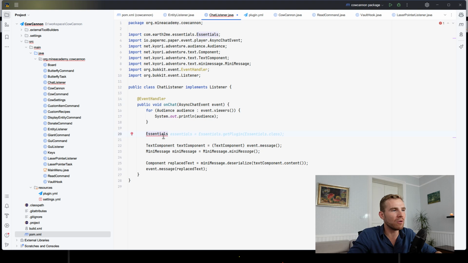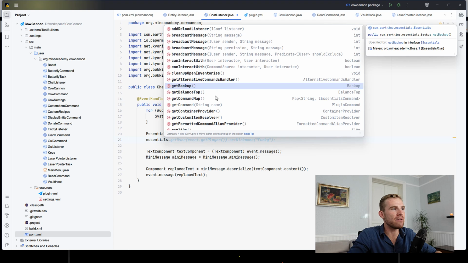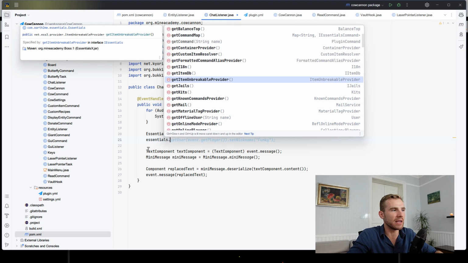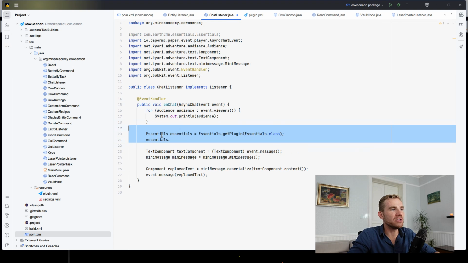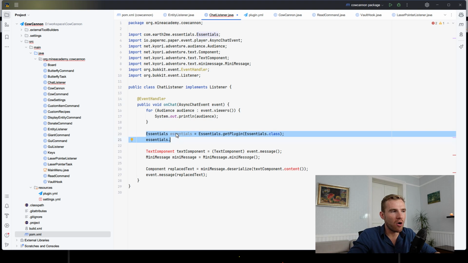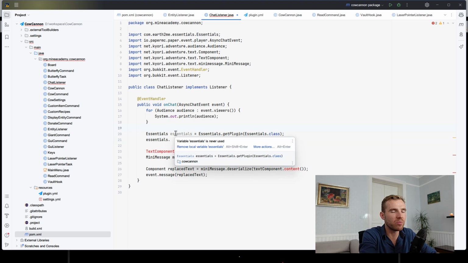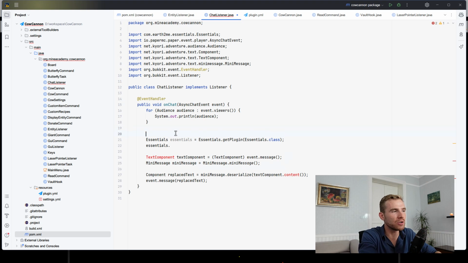If you just Google how to use Essentials, you'll end up with a bunch of stuff. And now you can get access to basically Essentials things. This is only going to work if Essentials is loaded on the server. The way you can make sure that the plugin does not crash when there is no Essentials, you can simply